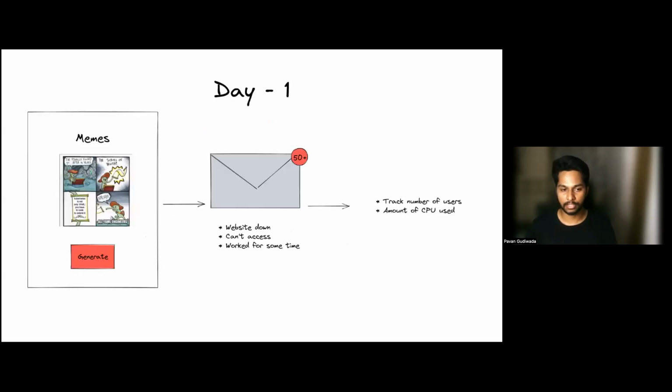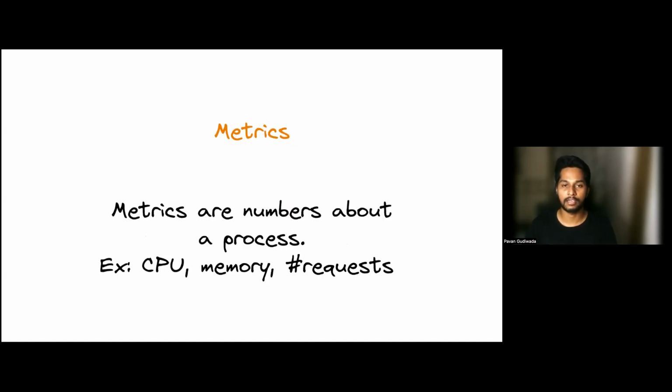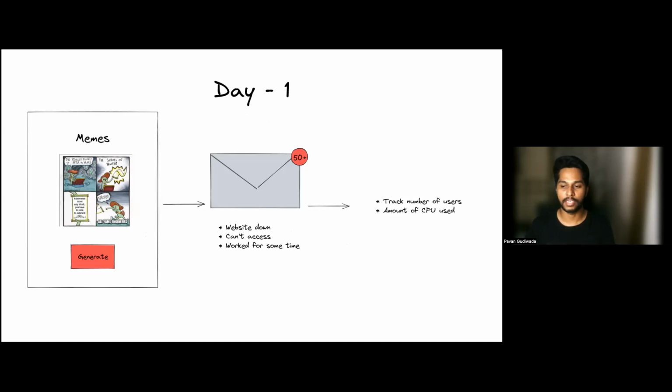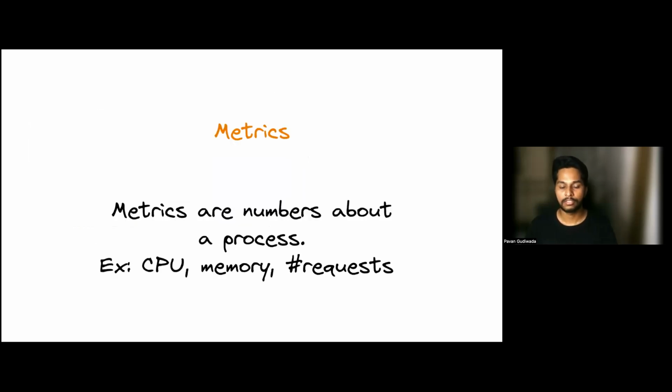So that is called monitoring. And on day one, you decided to use certain things to collect. So here in this case, it is the number of users and the amount of CPU used. So these are numbers. If you think of it, users are the number of people at any given time, and CPU is the amount of CPU. It could be 50%, 60%, or something. So that is called metrics. Metrics are numbers about a process. Here, the process could be the CPU usage, or the memory usage, or the number of requests at any given